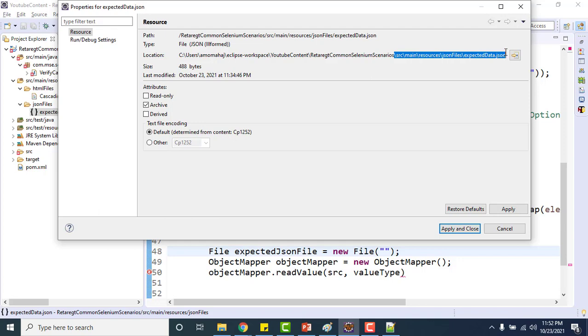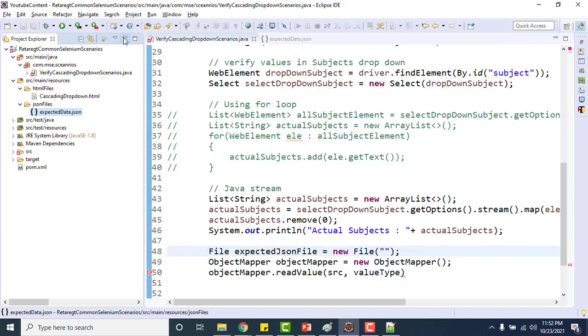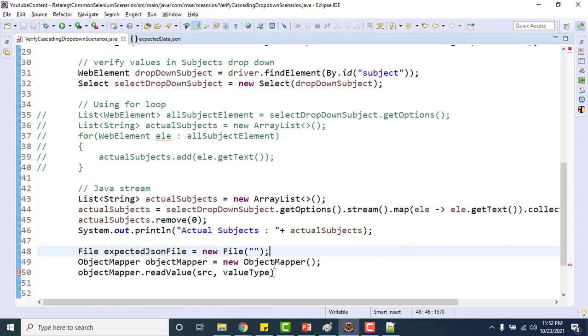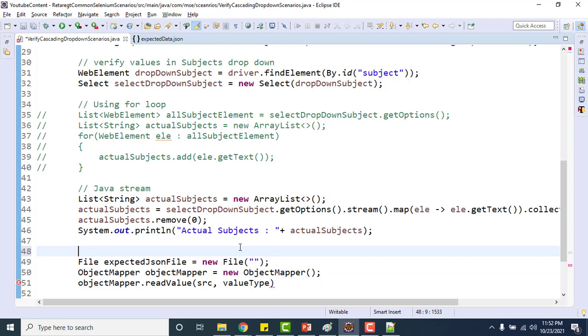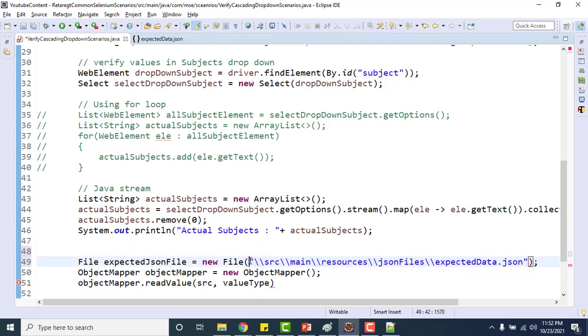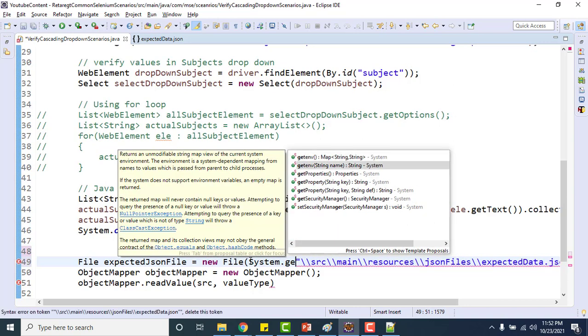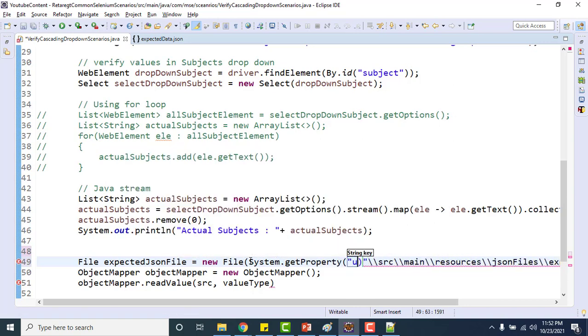I'm not copying the full path because I can use the user.dir property. So let me paste it here first, and then I will append System.getProperty, user.dir.